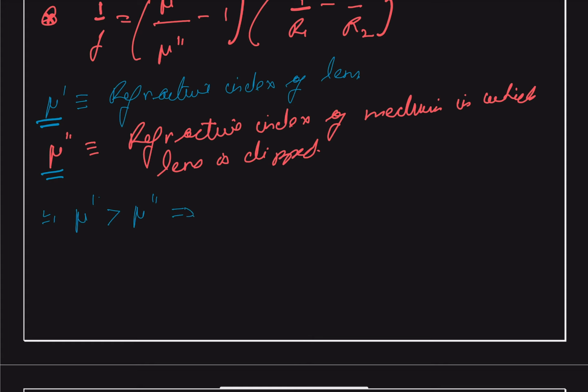So under this condition, the concave lens is going to behave as a divergent and the convex lens is going to behave as a convergent. So you can see under this condition,